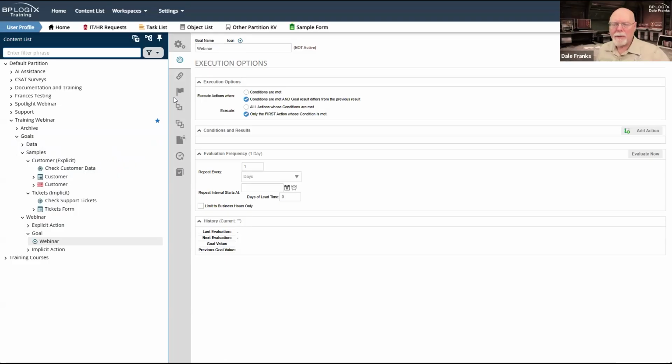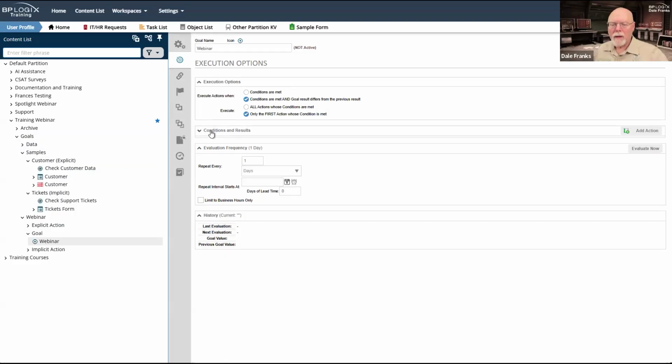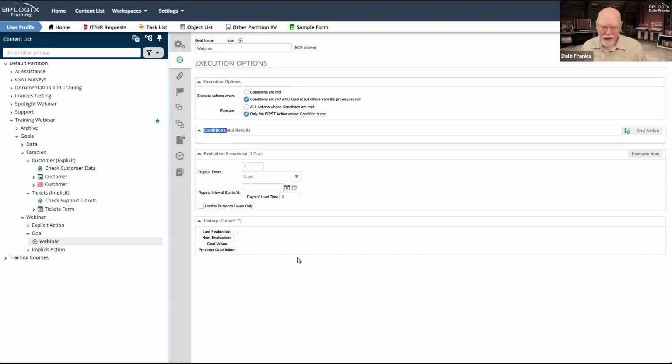The execution options are somewhat complex, because the goal does several things and it may run under several circumstances. I talked about conditions a minute ago, and we'll get to them, but there are some generalized overall conditions that determine whether the goal runs at all, and when it runs, what we want it to do. Remember, I said earlier that one of the things a goal does is set a system state. So we should probably take a look at system state.